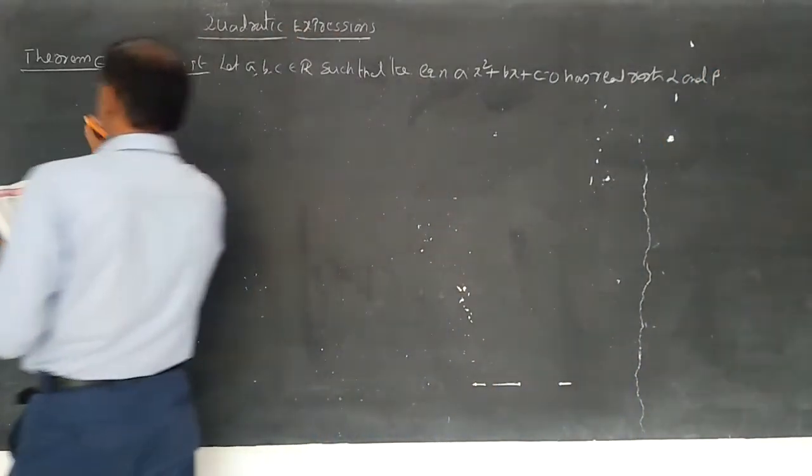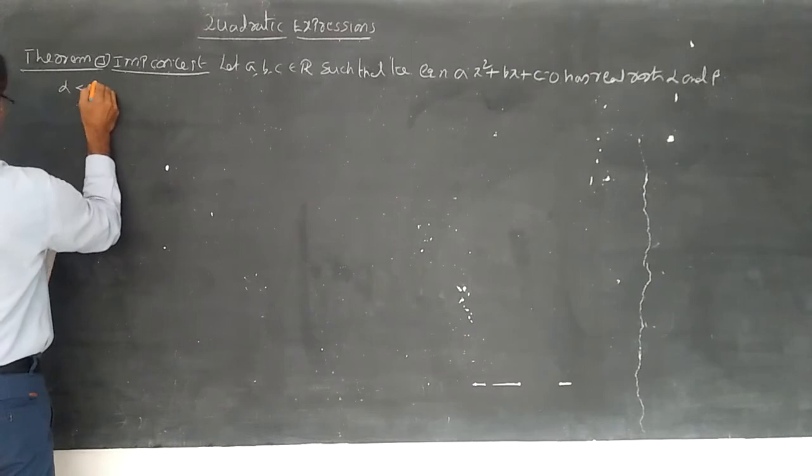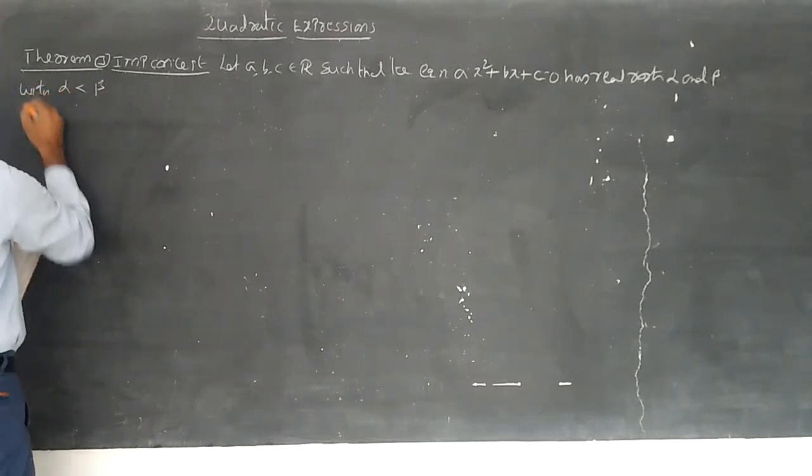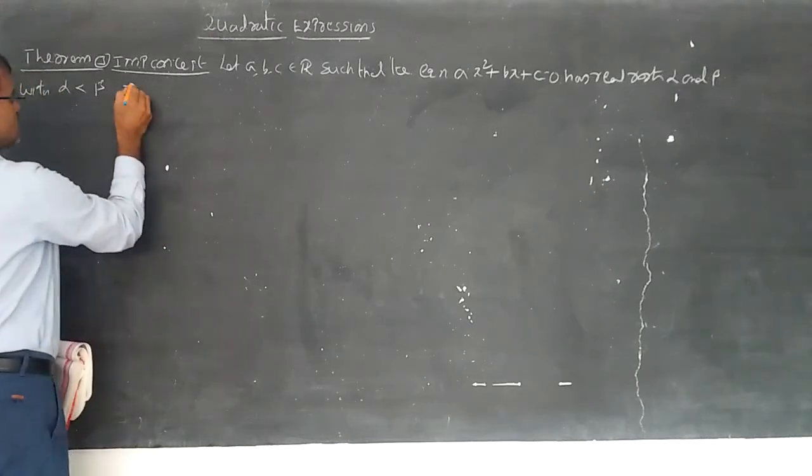Here the main point is that alpha is less than beta. Alpha, beta with alpha less than beta. Then,